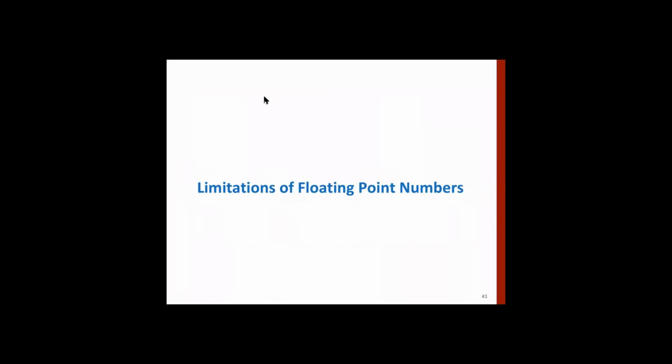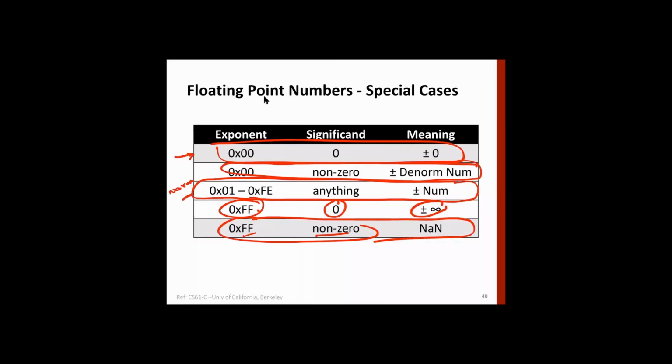Sir, why did we change bias to 126 for denorm numbers? So I will give you an exercise. Try doing it. See, you are doing one operation. When you do bias, it means that you have to add that to the value and then reverse it, right? Try doing it with 127, because you have to get the value in certain ranges. Okay, and just do it as an exercise.